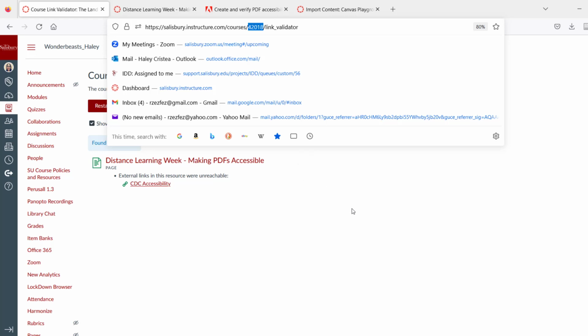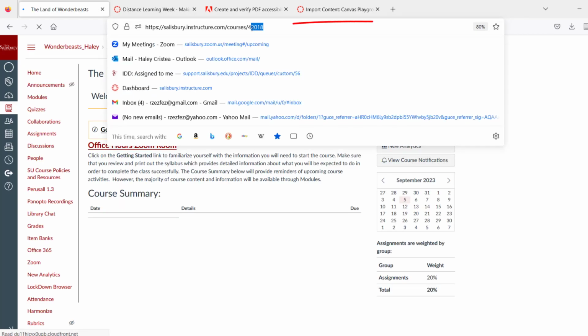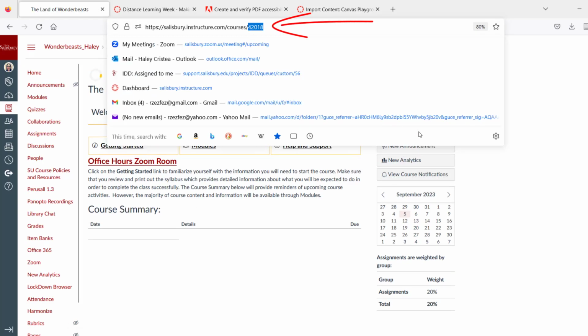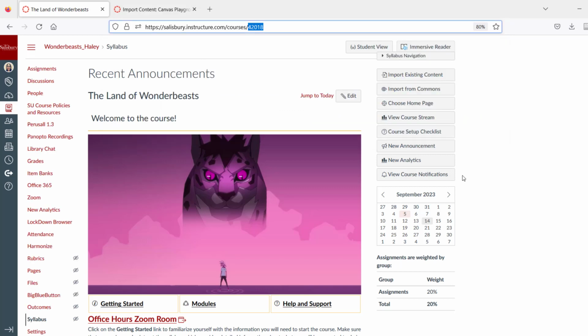Students will not, so they will get an error message. So one of the first troubleshooting things you can do is make sure that you are looking at the actual course that you are in. Whenever you open up a new file, a new image, a new folder, it should be pointing to something in the same course. The second area where you can validate links is when you import content